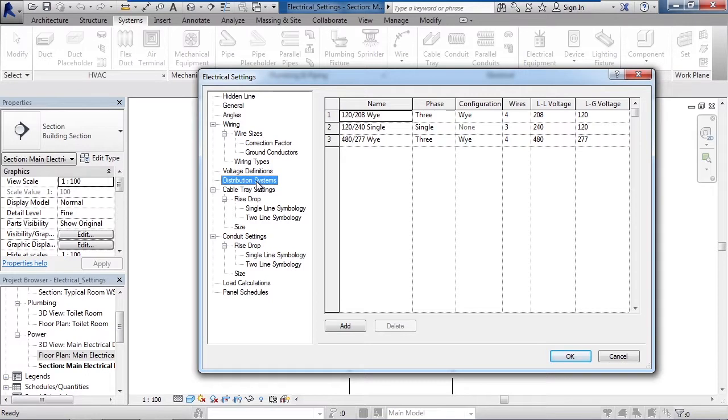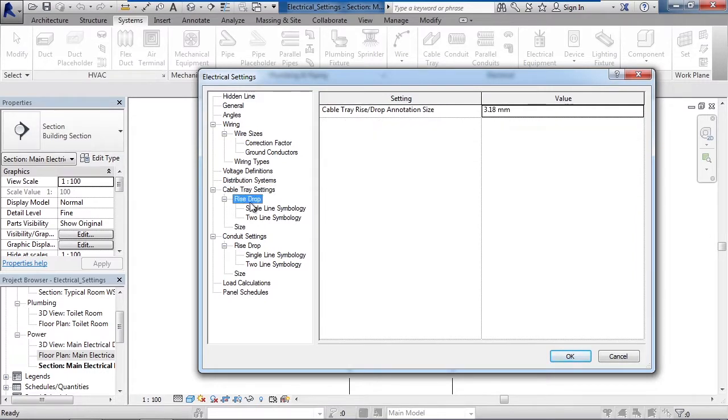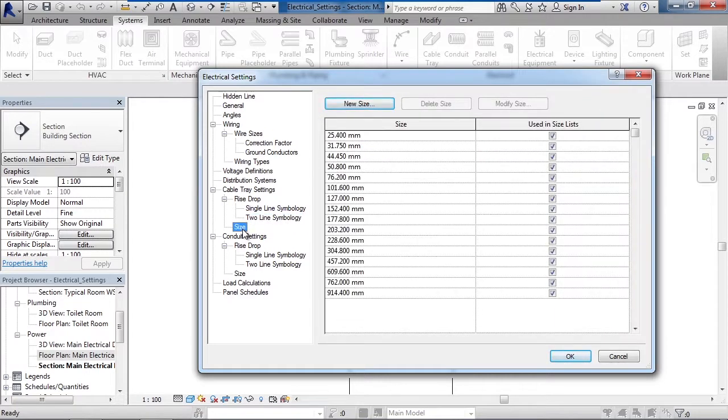Below that are settings for our cable trays. Clicking on cable trays are basic settings for the cable tray outline itself. Rise drop will allow me to set a value for the rise drop annotation size. Single line symbology and two line symbology is where I can set the values for those symbols. And last element for cable tray settings are the size, where I can use the default sizes or add new